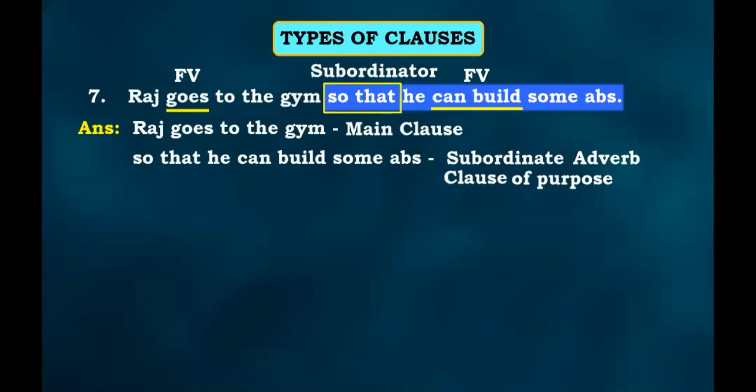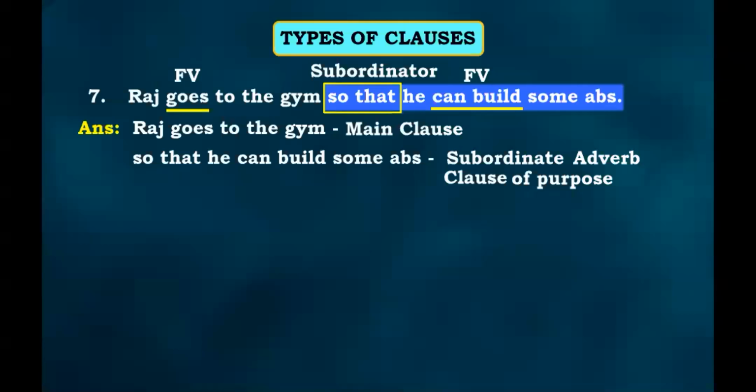Also, now listen to this. Adverb clause of reason will have the subordinators as SAB, since, as, because. If you have the subordinators as since, as, because, then it is adverb clause of reason. Or else अगर so that है, such that है, तो that becomes your subordinate adverb clause of purpose. Very clear with this one? So all those who ask me कि ये why से भी आंसर करता है, तो ऐसे there is a point of distinction like this. All right.